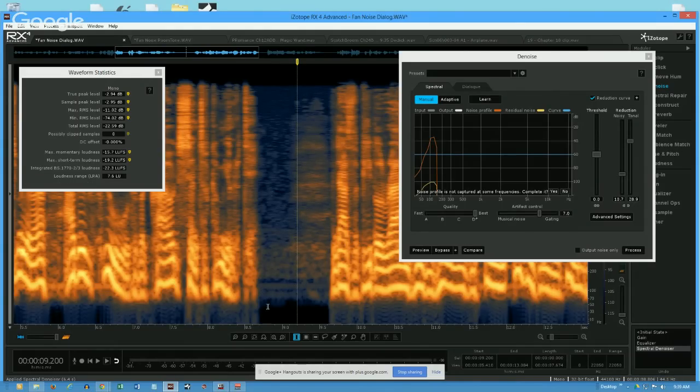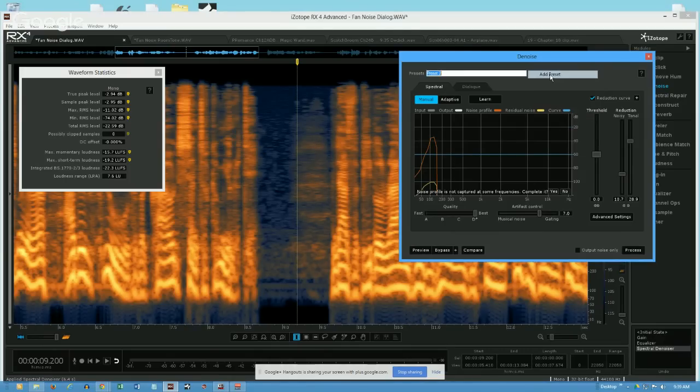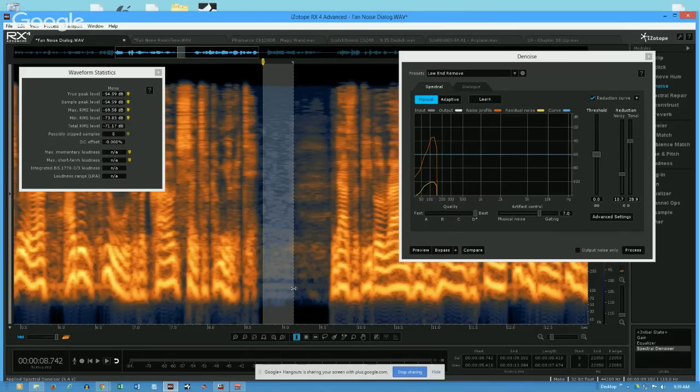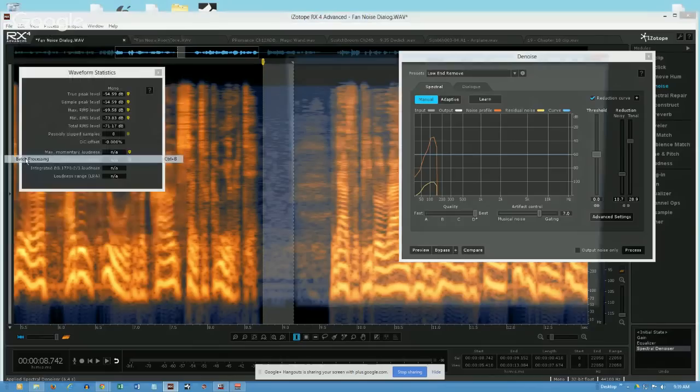And because now this is all the same, by the way, I then go through here and I add a preset. And I'm going to call this low end remove. And the great thing is in the future, I never have to come in and resample this if I have the same noise. If you're in the same room all the time, you don't need to resample every time you do it. Save yourself a little preset, and then later, when you're more sophisticated, you can set up a batch